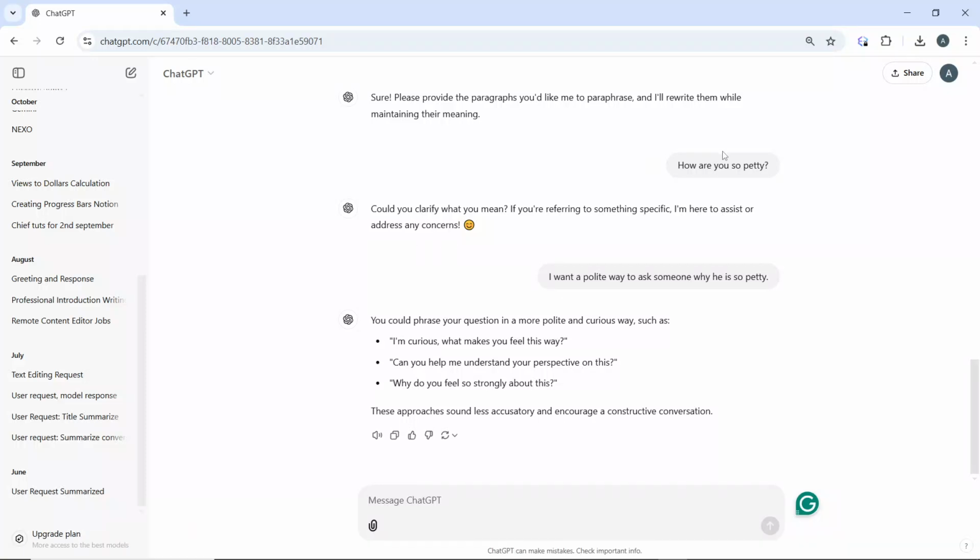Hello, in this tutorial, I'll show you how to change password on ChatGPT. To change password on ChatGPT, these are the steps that you need to follow. The first step is to open your web browser, any web browser of your choice, and go to